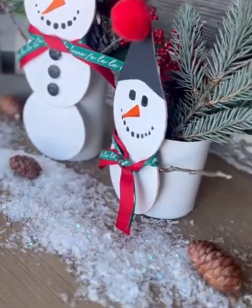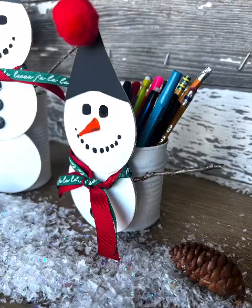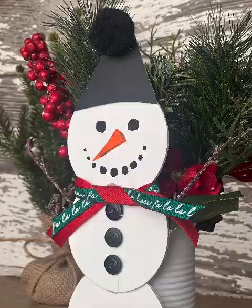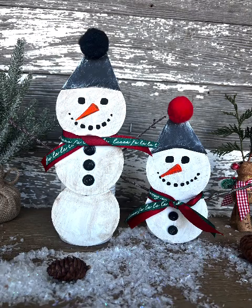Both of them turned into planters at my house, and I love them. But you can also use these for teachers' gifts that they can put on their desk and put utensils out of the back, and pens and pencils, or you could even use them for kitchen utensils. So this way, if you did a planter in the back, you can always turn around, and they look so cute at night, and I